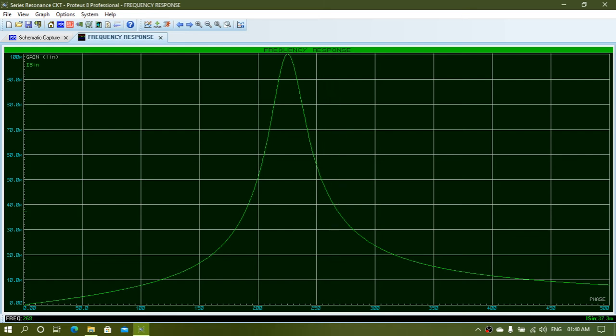If you move the cursor along the graph, you will find at the bottom right hand side the respective current readings for this frequency, and at the bottom left hand side you will get the respective frequency. So at which frequency how much current appears, you will find from this cursor.